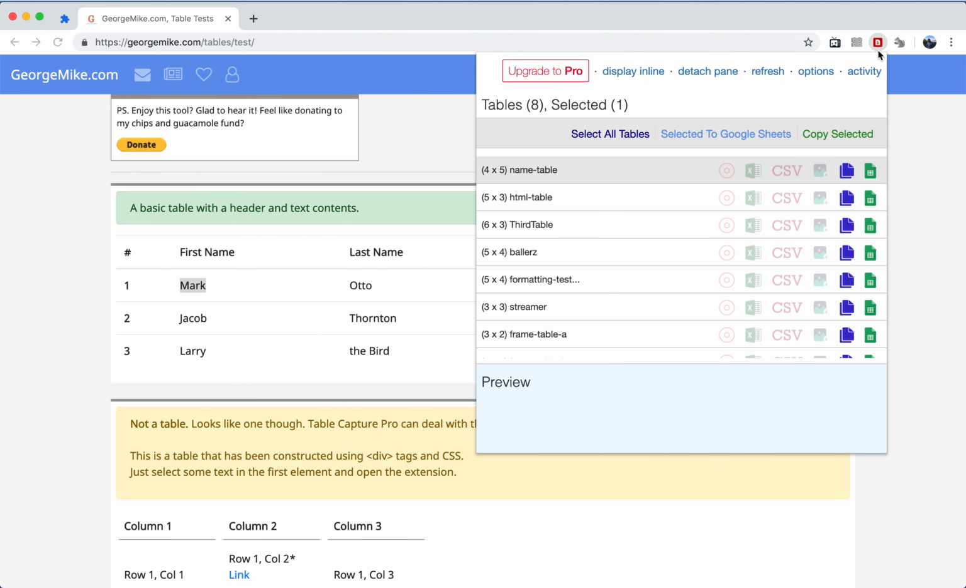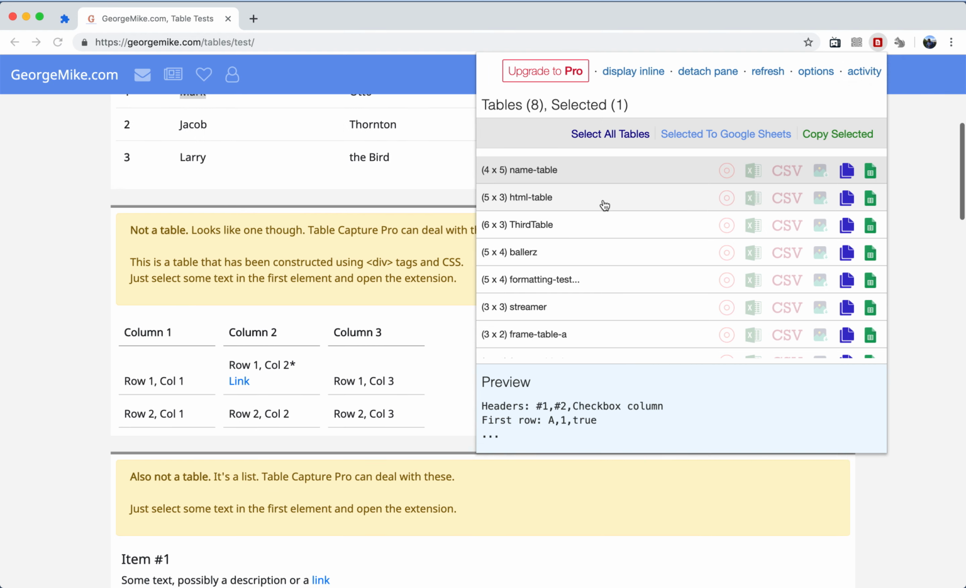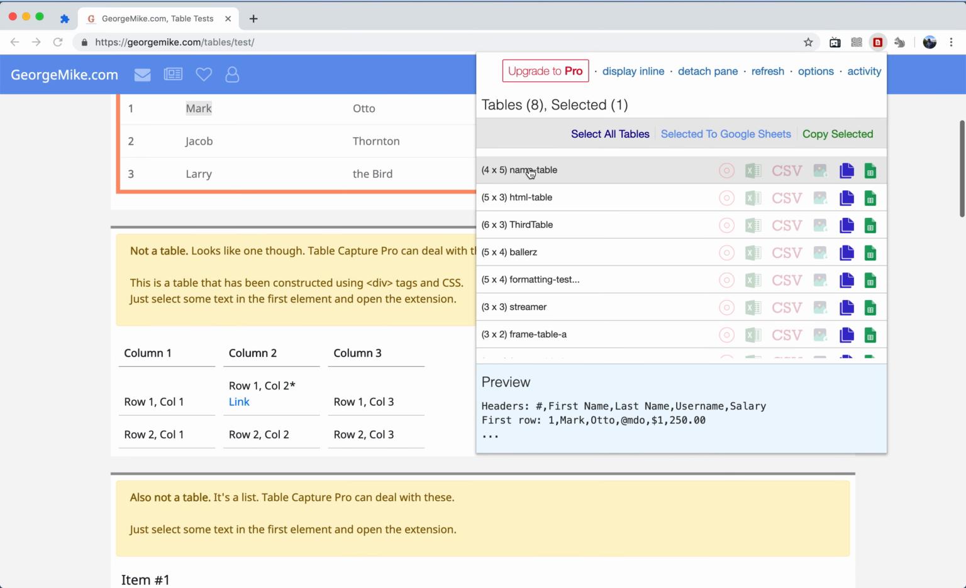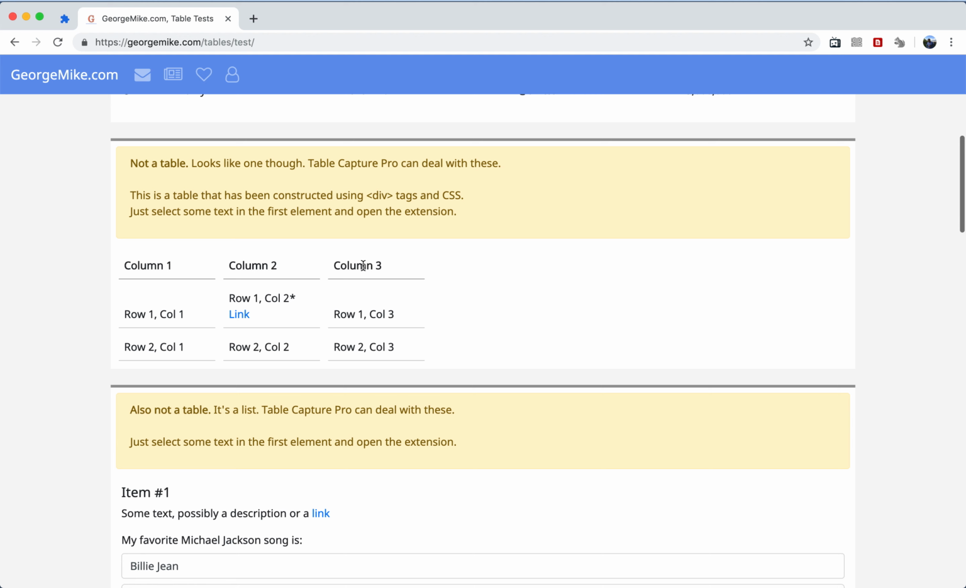So anyway, what you can do is, for a normal table, you can select a cell and click the table capture icon, and what it'll do is it'll highlight and select that table from the list. Also, for things that aren't tables, like this table-like